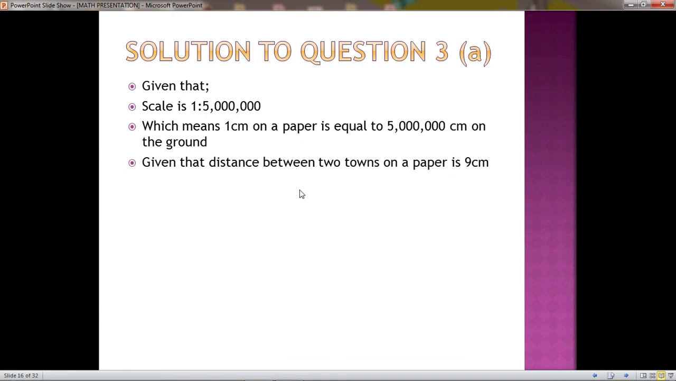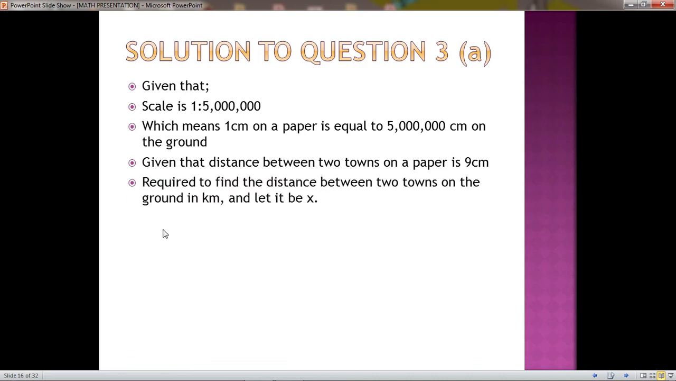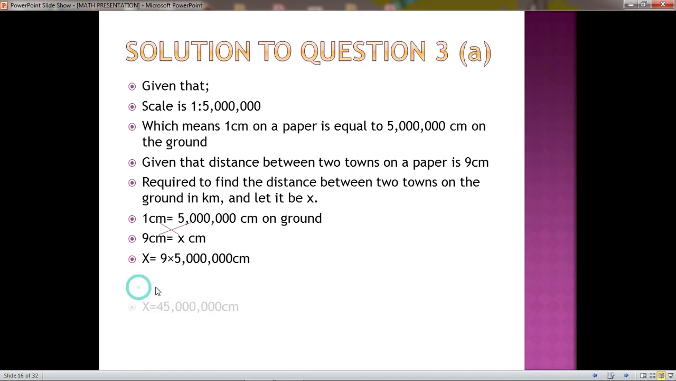So the distance between the two towns on paper is 9 centimeters. We are required to find the actual distance. Let's call that distance between the two towns in kilometers x. Okay, 1 centimeter is equal to 5 million centimeters on the ground. What about 9 centimeters, which is going to be x centimeters on the ground? So by cross multiplication, x is going to be 45 million centimeters